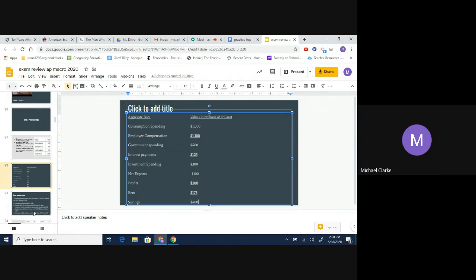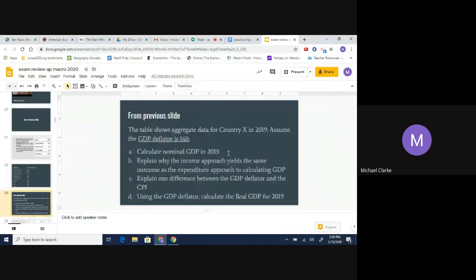So the answer for part A, the long-winded answer, and both approaches, just pick one, would be $1,600. And then you can explain, think about what I said earlier about how income is connected to expenditures. That's how you would answer part B. If you don't remember, just go back in this video about maybe 5-10 minutes ago. Go back to the slide on GDP that I was talking about, and I'll talk about how these have some